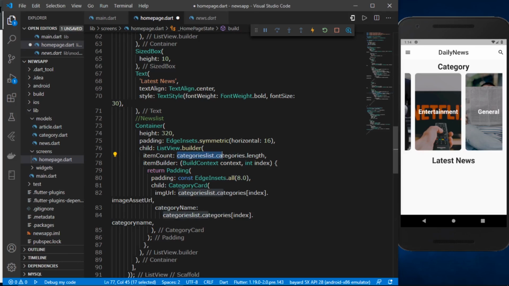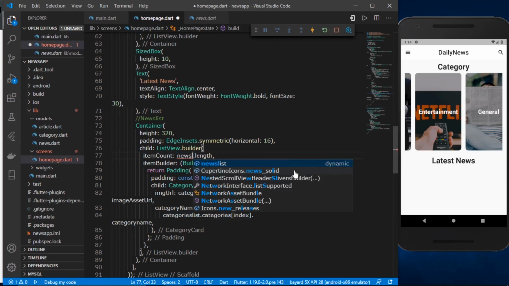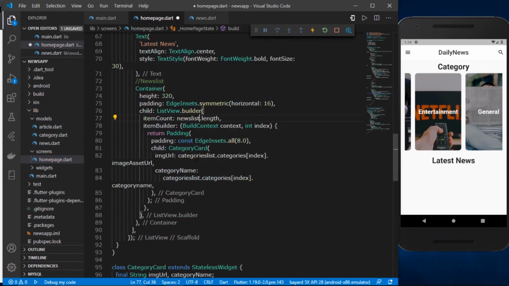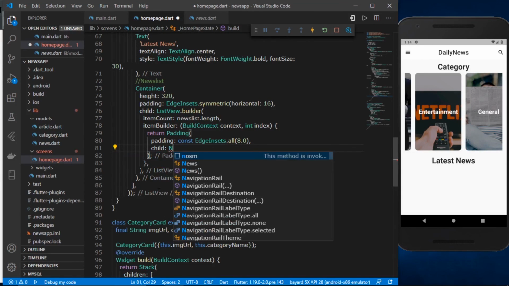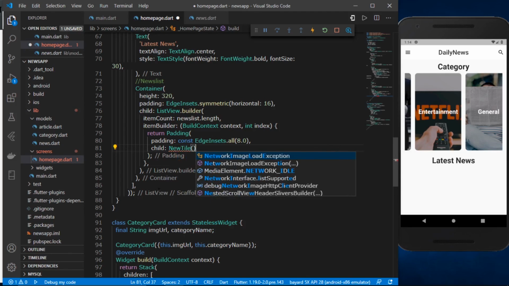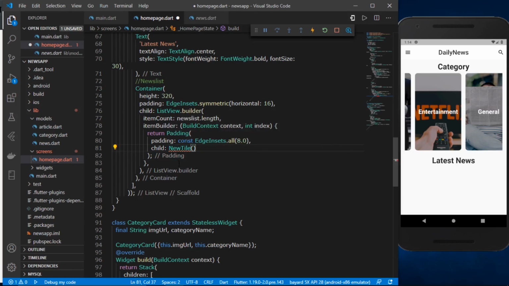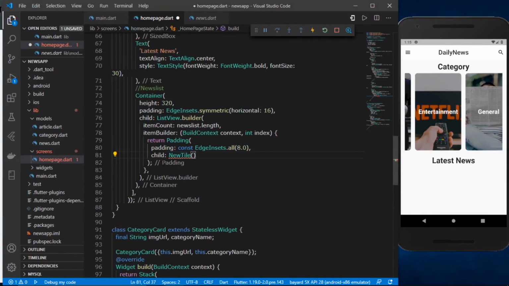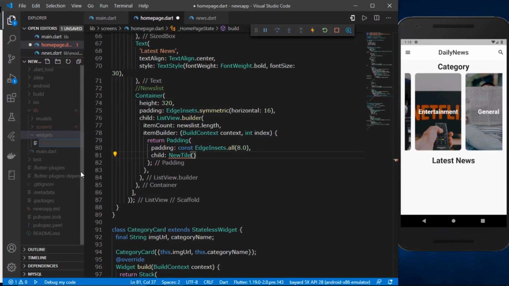And then we are just going to specify it over here. So here, instead of category list dot categories dot length, for our news items we can just write news list dot length. And here also we do not need the category card, and we will actually be needing a list tile widget. So let's call it news tile. I've not created this widget yet, and we are going to create it now. So I'm going to create a new file inside my widgets folder. So right here I'm going to create a new file, and I'll just call it news tile dot